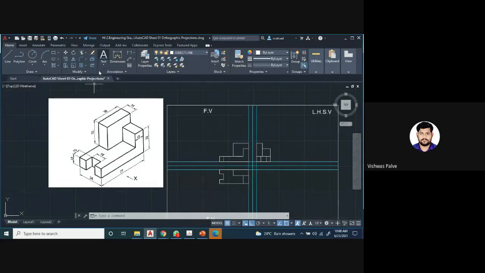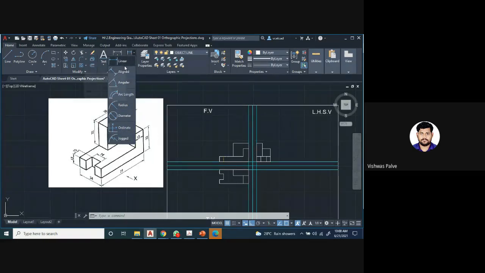And now we are going to learn the annotation toolbar. In annotation toolbar, suppose if I want to give the dimensioning. So if I want to give dimension in annotation toolbar, there is a dimension option. So this is the dimension, direct dimensions which we can give, or I prefer that don't use this dimension. Here there are options of dimensions available: linear, aligned, angular, arc, radius, diameter, coordinates, and jog. So most preferably we use linear and the radius or diameter. Only 3 dimensions we use, but we are going to see all the dimensions, how to give the dimensions to any of the problem.